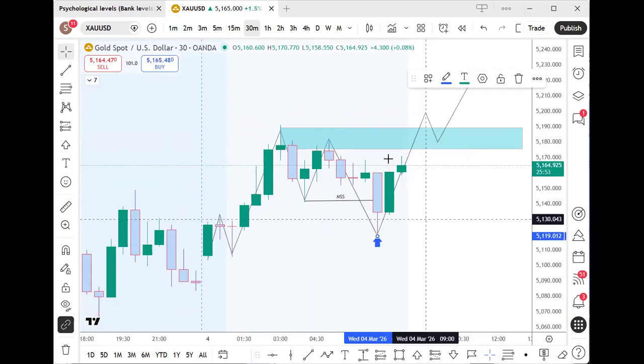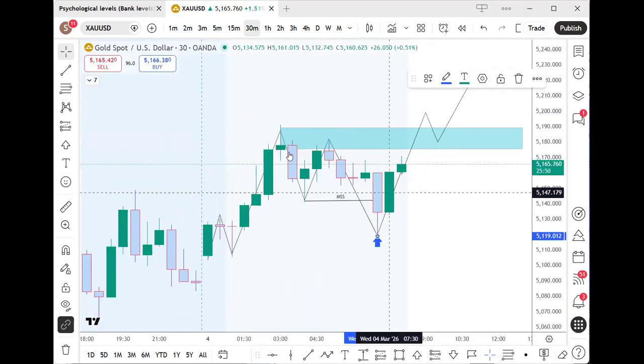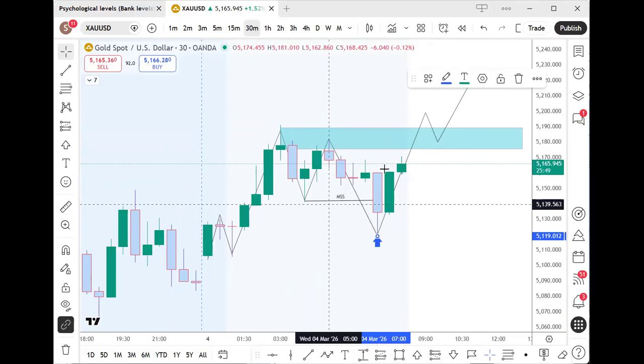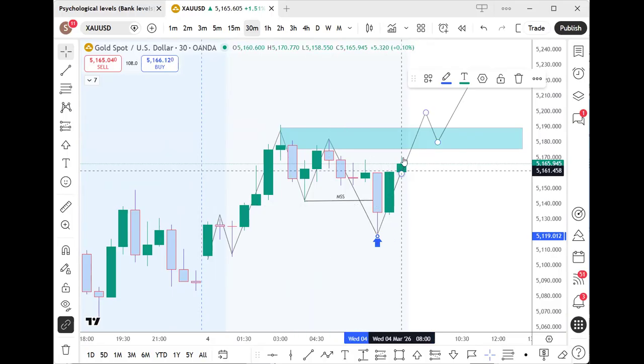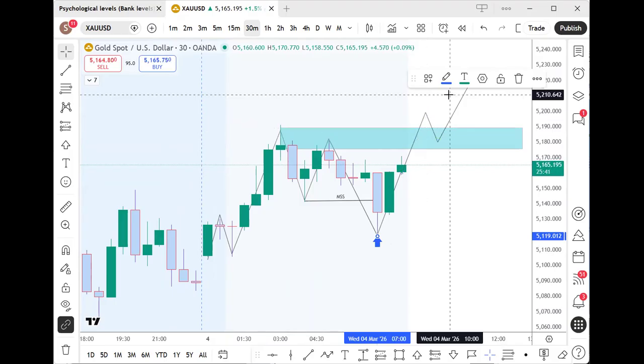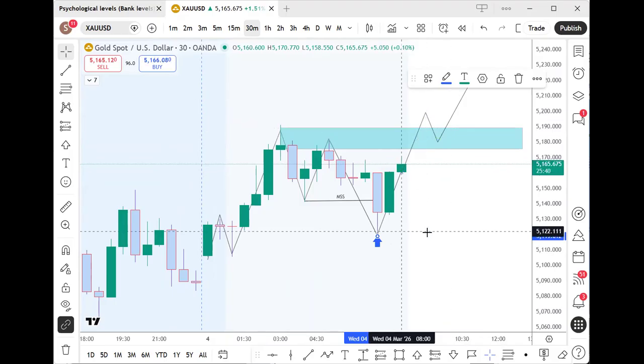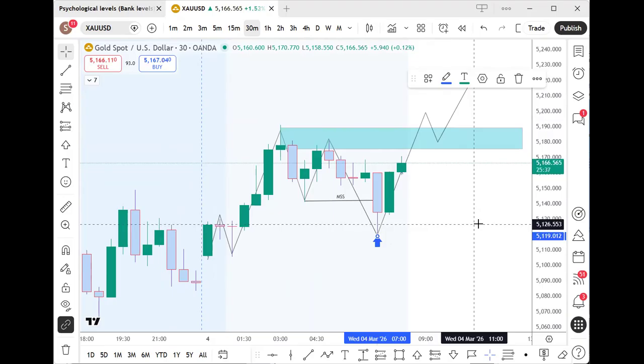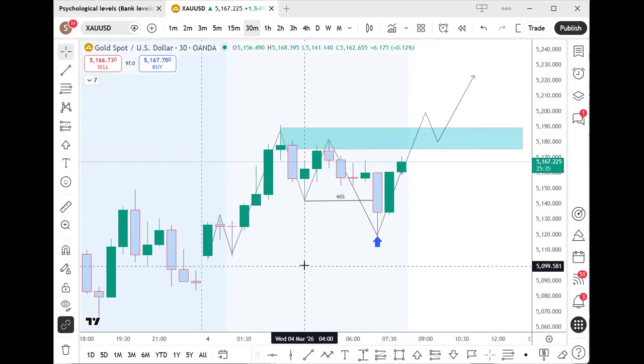So 30 minutes is showing us the potential that it is actually a market structure shift. However, if price then goes all the way up and closes above this zone, we'll be looking to buy, okay? That's when you're using the break of structure process, okay? Let's look at,